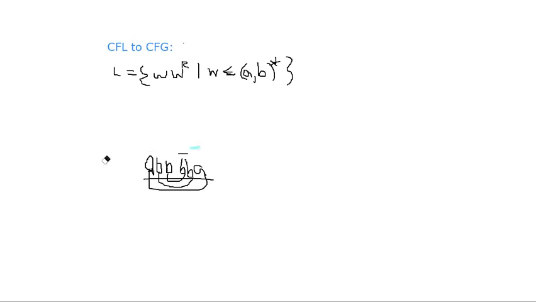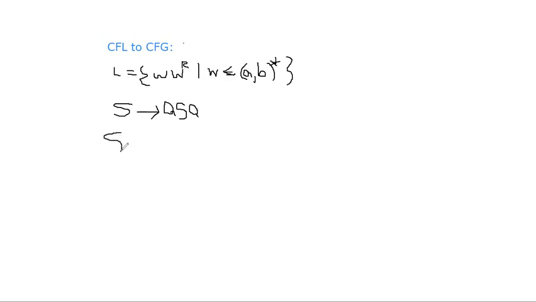Now I will show you how to write the grammar rules. Suppose you start with the starting symbol S; you can start with any capital letter. S implies, as we have already seen in previous examples: if the left side symbol is A, then the right side symbol should be A. If the left side symbol is B, then the right side symbol should also be B. If the first symbol is A, then the last symbol in WR should be A. So we should get that format, either ASA. If we repeatedly expand it, if we replace S with ASA, then again we get AAA at the right side like this.